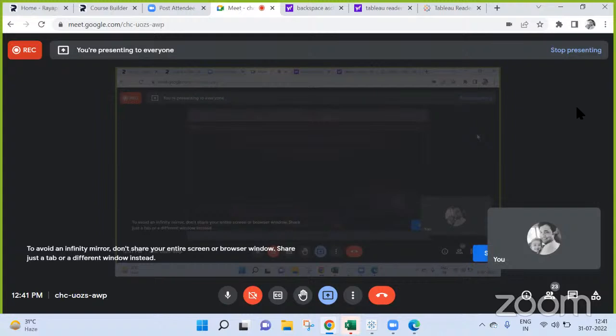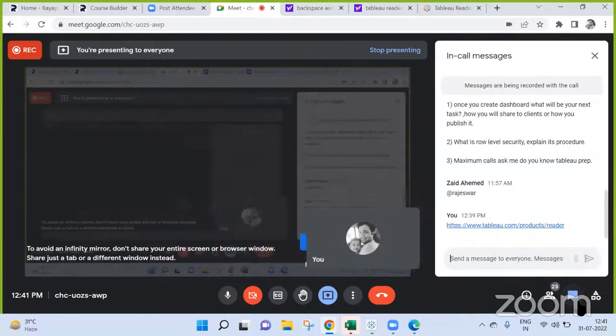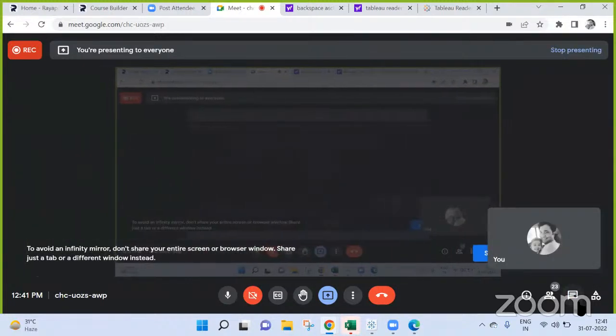If there is any sensitive data, we use this row level security, right? If one person wants to see some of the data, and another person wants to see other data, that is when we use row level security. Yes. And if we have limited users, we can assign manually using the toolbars, but if we have thousands of users, how can we do that?